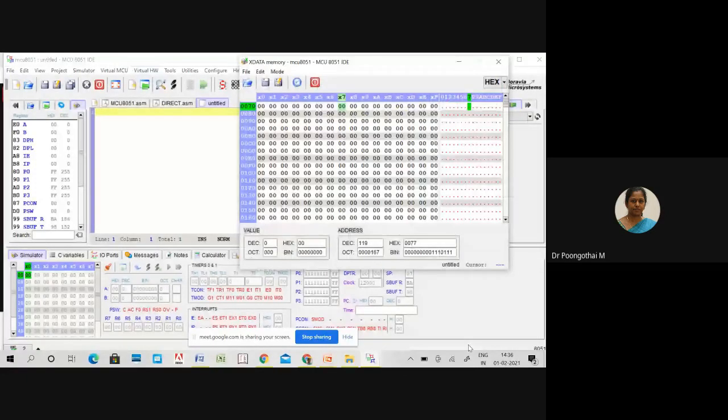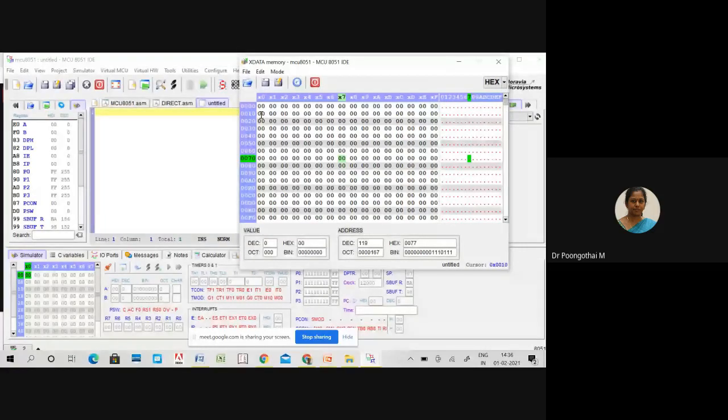Next, I'm going to get the input from 0010. So I'm entering inputs here.